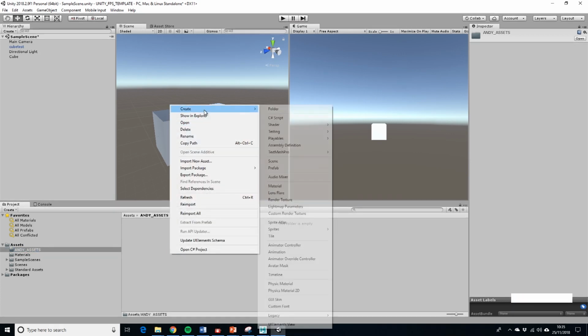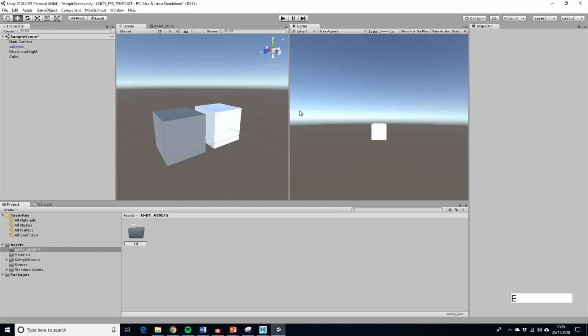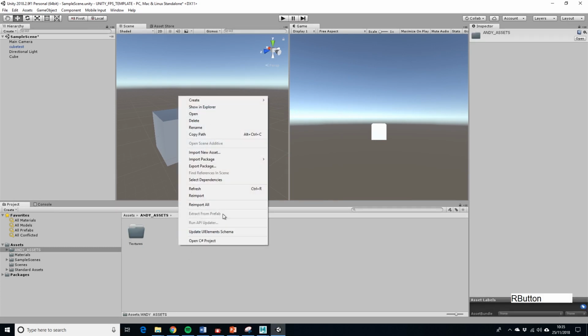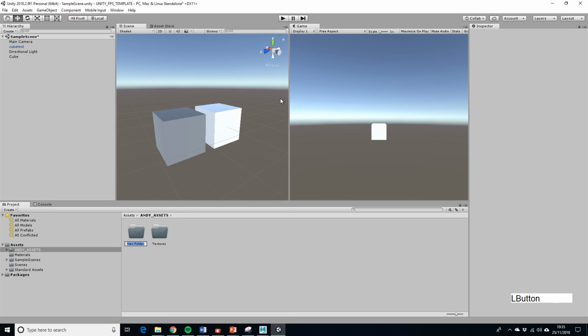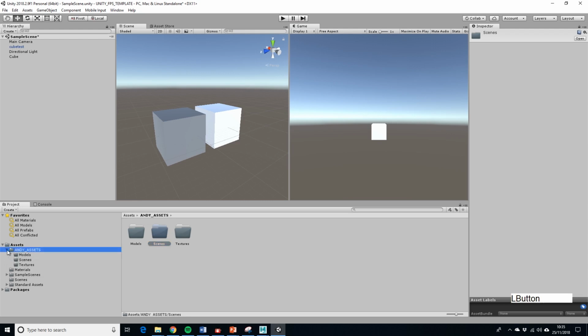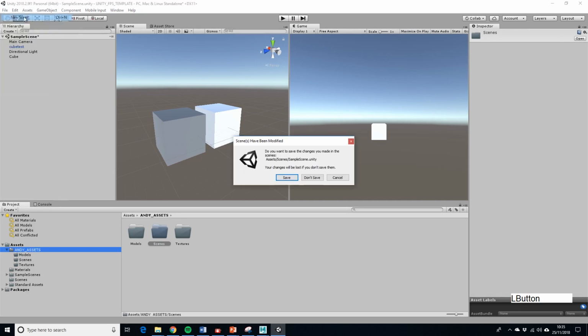So let's just make a folder called Textures, let's make a folder called Models, let's make a folder called Scenes. So it has already given us a scenes folder, but let's just keep everything under my own subdirectory. Okay, so let's make a new scene,